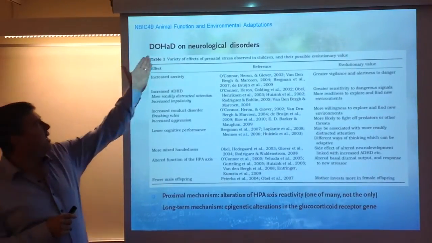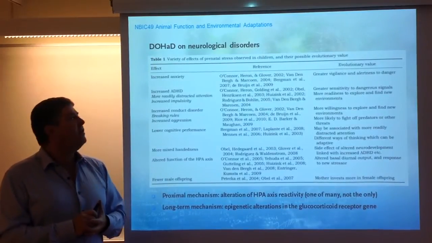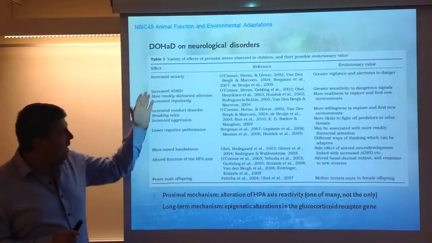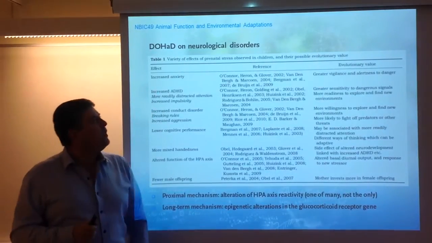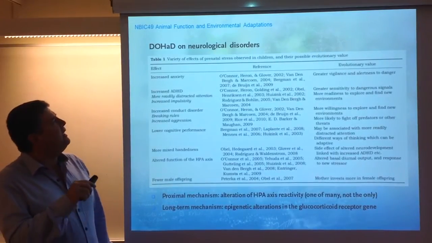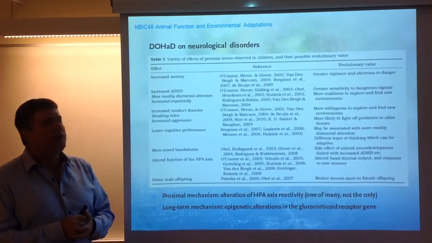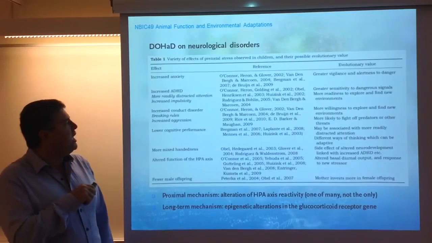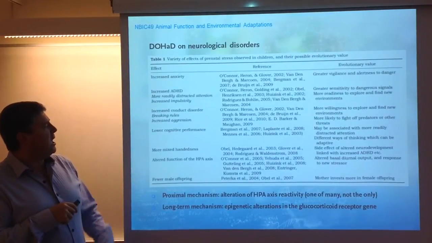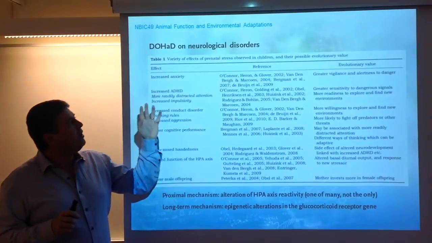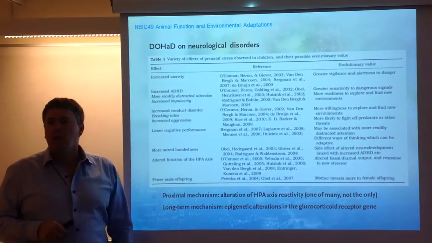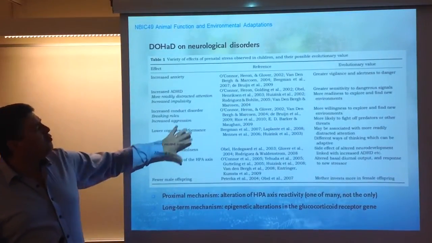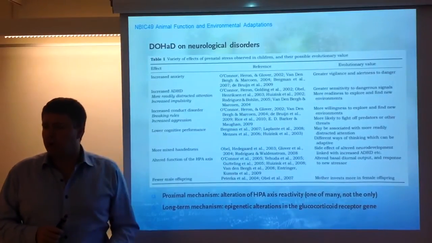Not only this, the effect of the developmental origins of health and disease on neurological disorders. This is very popular nowadays. I found this table in a paper in which they relate different neurological conditions, such as increased anxiety, increased ADHD, conduct disorders, low cognitive performance. This is actually related with prenatal stress, stress from the mother at the time of pregnancy. I must say that most of these studies are quite controversial,